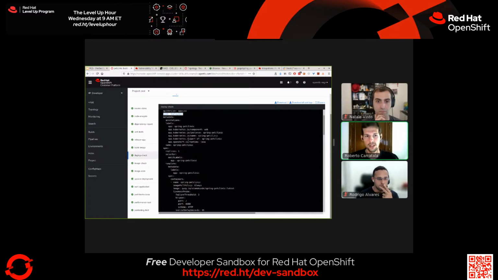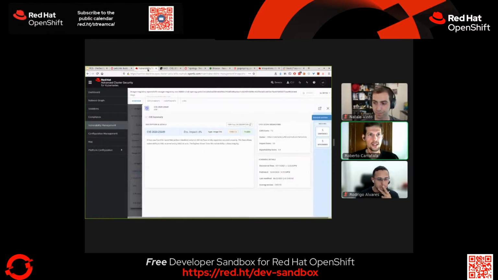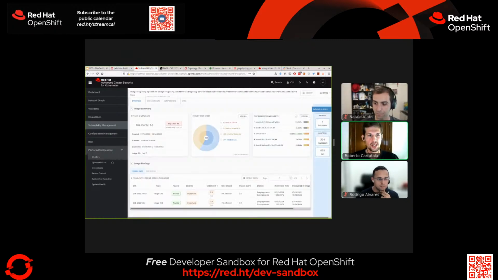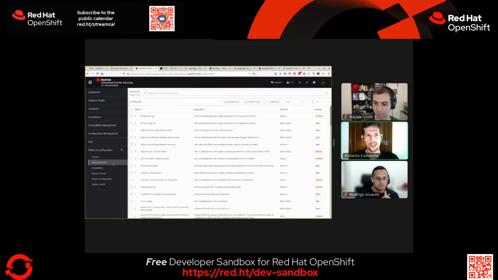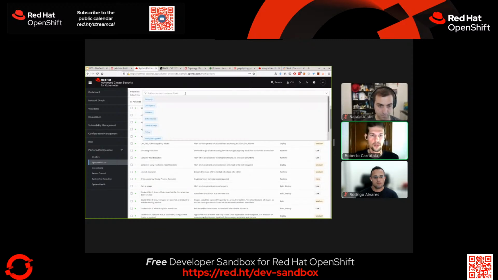For example, we can check what the system policies are. The system policies of ACS are divided in three layers: in build, in deploy, or in runtime. For example, the thing that we noticed before,